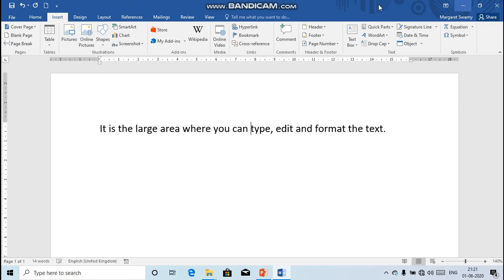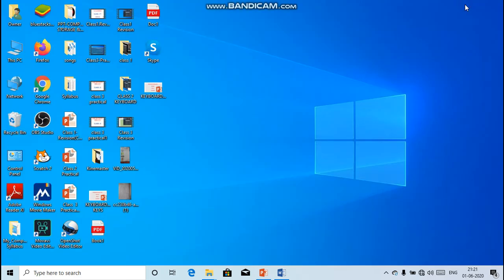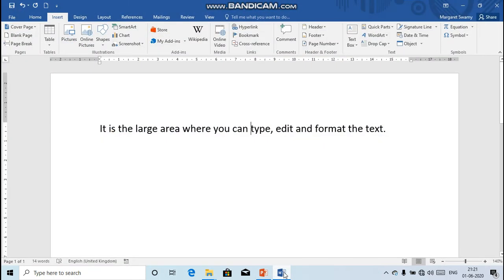Now, the use of the minimize button. When you click on the minimize button, the Word window goes down to the taskbar. Again, when you click on it, it will be seen in full screen. In the same way, this cross button is called the close button.